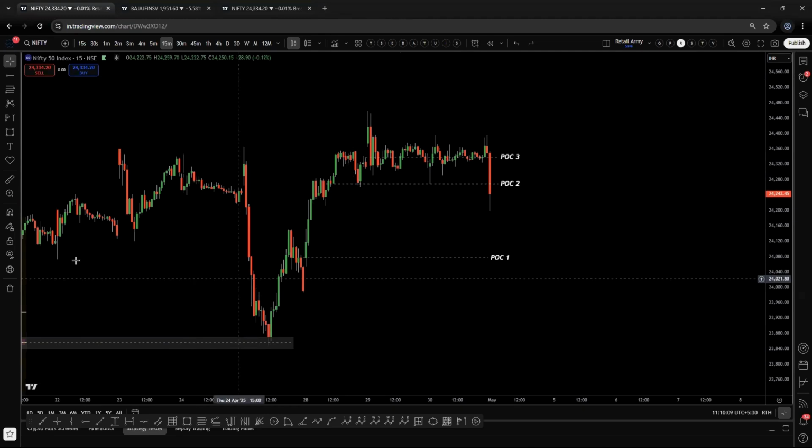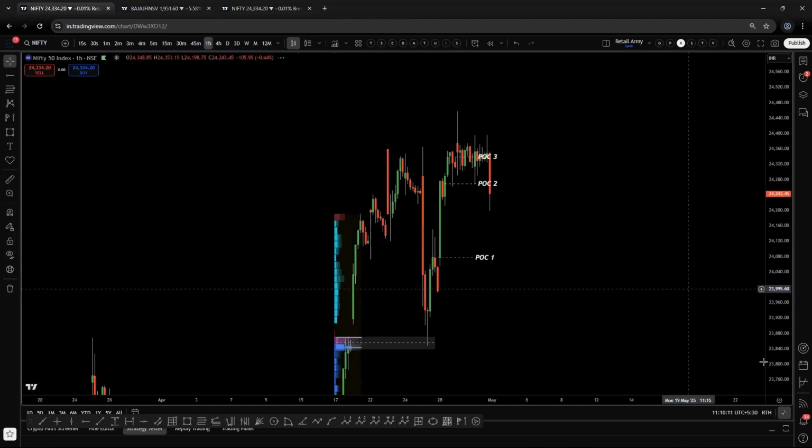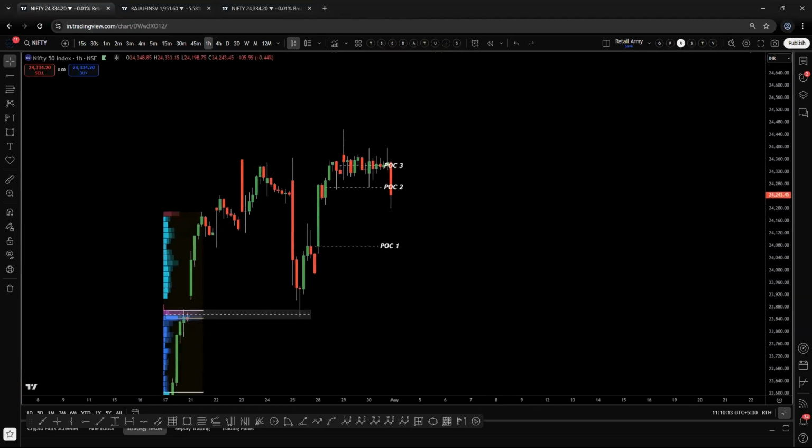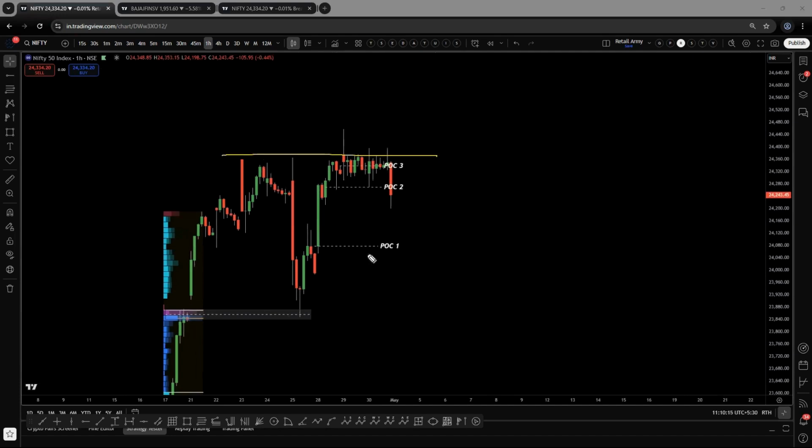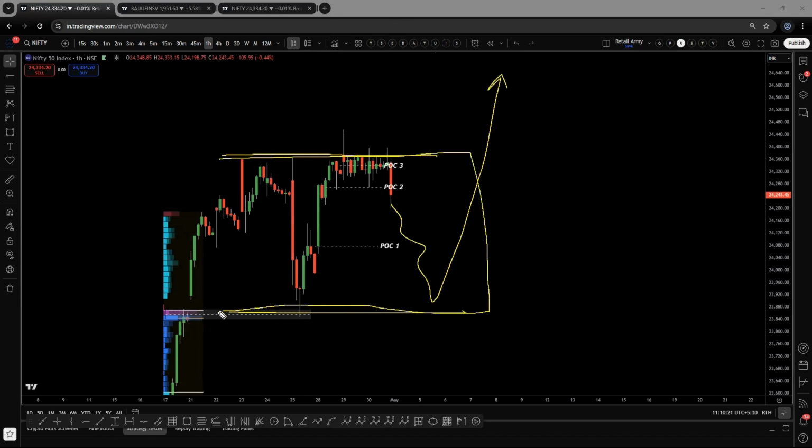Now, no matter what happens, I know that market is going to go higher once again, and even if it comes back down here, and then if you get a new high, I know this entire zone is going to act as an anchor point. So let me just wait till whichever side this price breaks, and then price is definitely going to come back and retrace here. If I add time cycles into this mix,